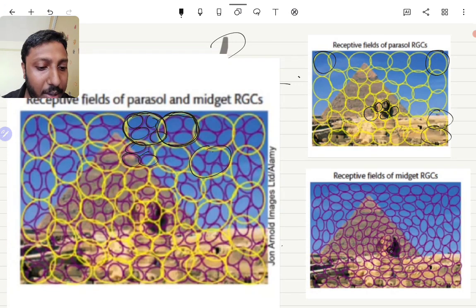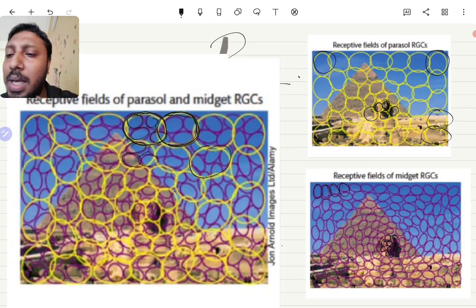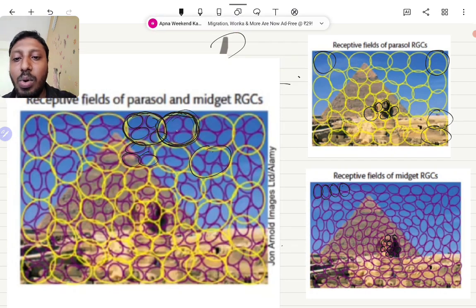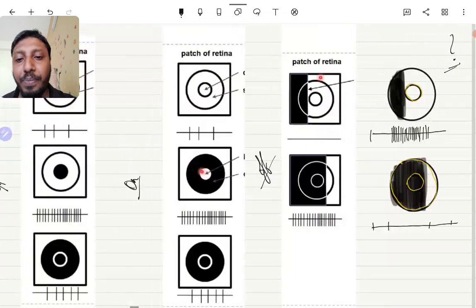Here also the fields are very small because we are focusing, and at the periphery they are larger. All these are overlaid on each other and stimulate separate series of retinal ganglion cells. All this yellow might be linked to one type of ganglion.